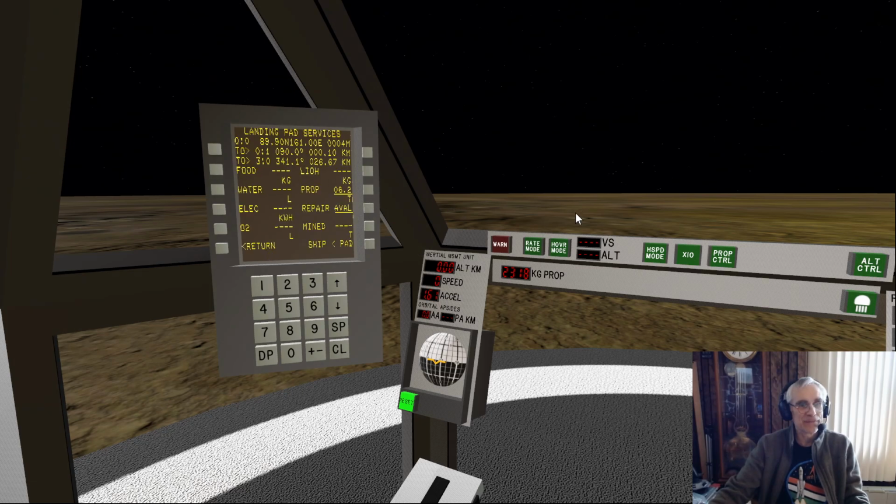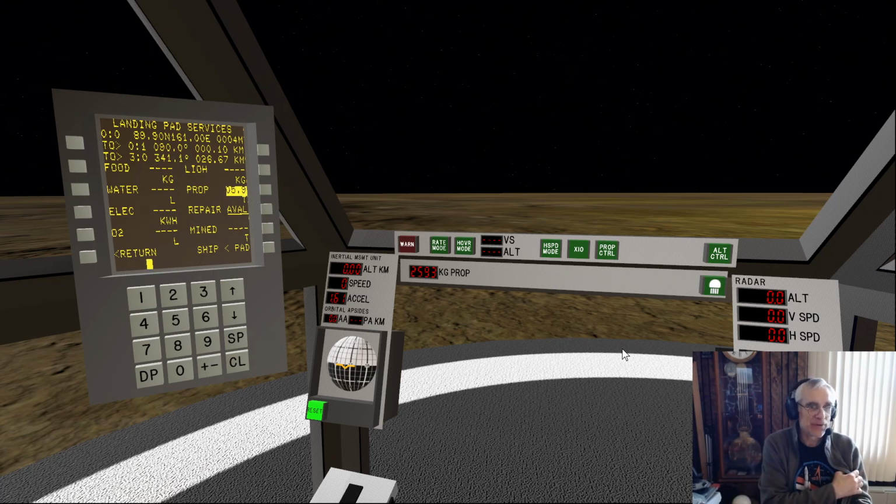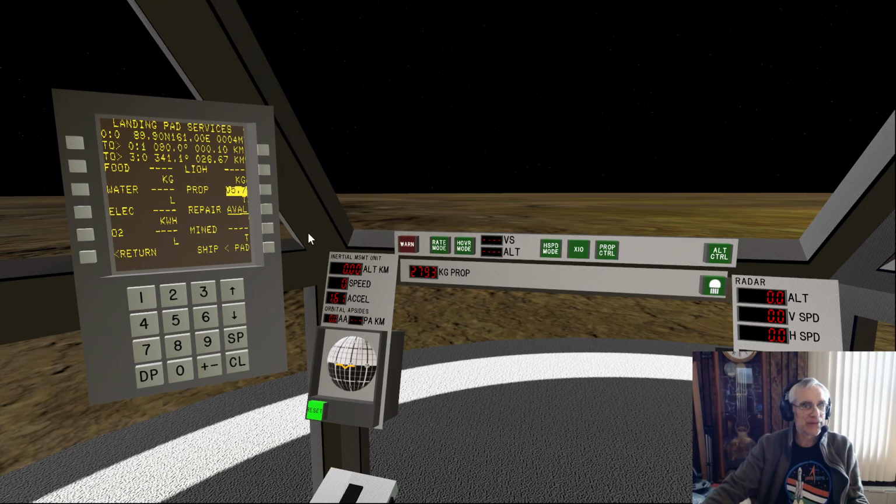Turn off the repair. And there's a lot of fuel available at this pad, so what I'm going to do is tank up a little bit here. And we'll go on a little expedition. Maybe I'll put in a little more than the default. Maybe we'll go up to 3,000 kilograms of propellant. Make us a little sluggish, but we're going to go on a hunting trip here. I want to see if we can get to another group of pads.